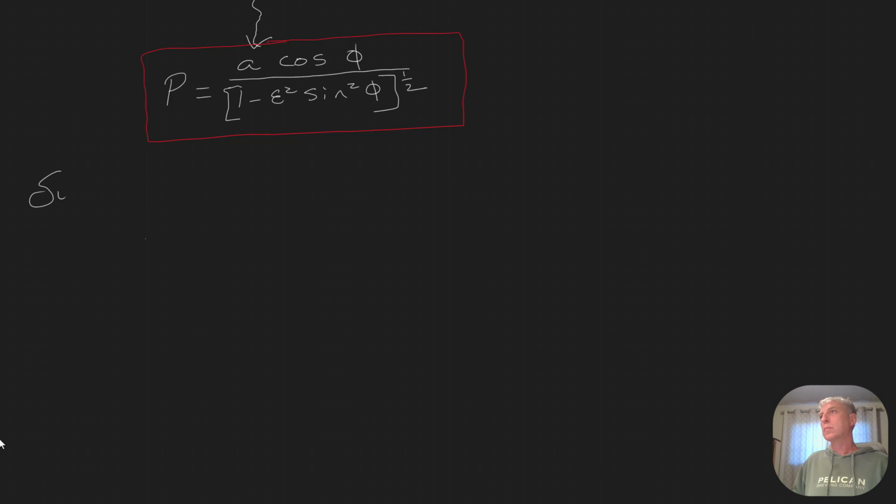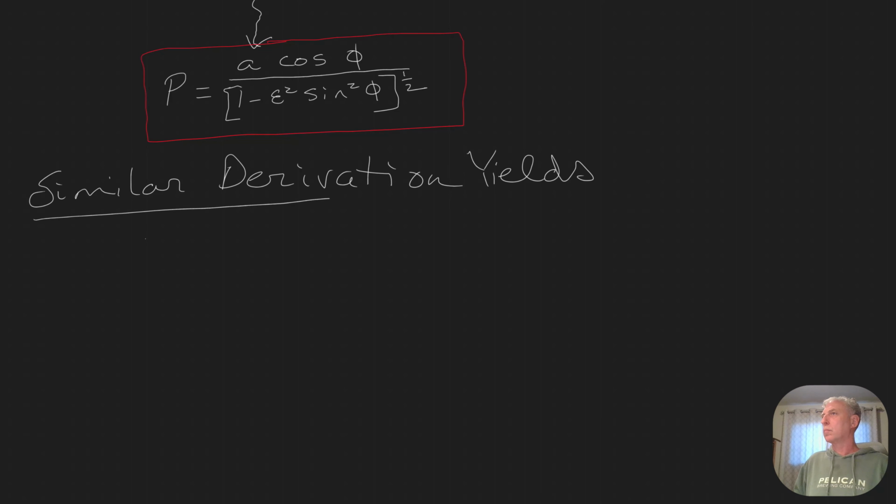So I can say similar derivation yields the length of our radius of curvature in the prime vertical n, which was that green line, is equal to